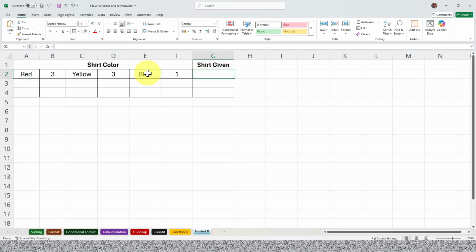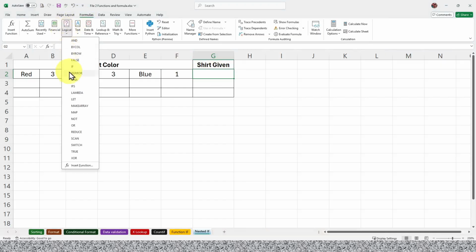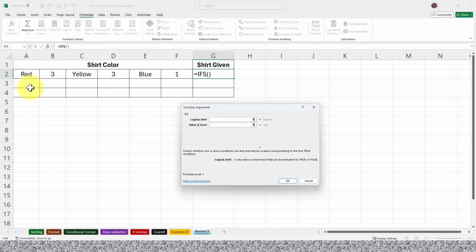So thus you can see that it is not just one logical test, it is multiple logical tests, and they are nested within another logical test. The way we apply it is, we go to the cell, we go to Formulas, we go to Logical, and then we select IFS. So the first test is, if this number, which is the number of shirts available in red